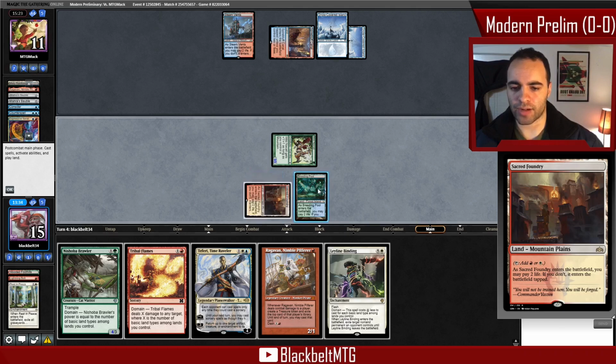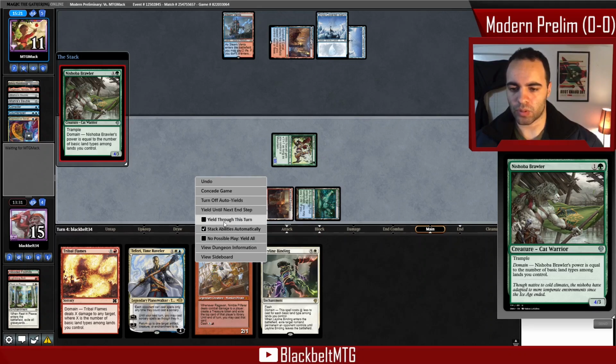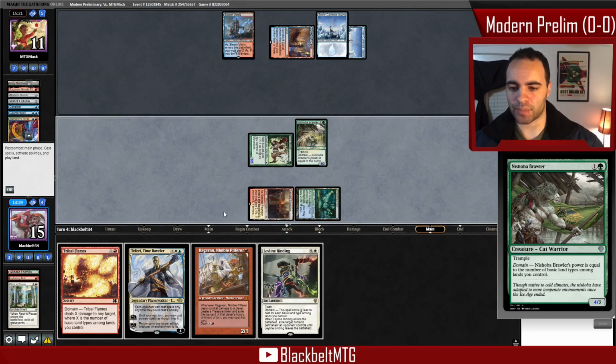You could say I could dash a Ragavan there. I feel like he's holding up a removal spell. I'm just going to jam a Brawler. Put more pressure on. Again, he's got another counterspell. He's got it, but...